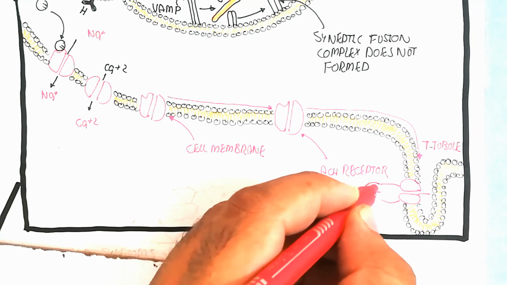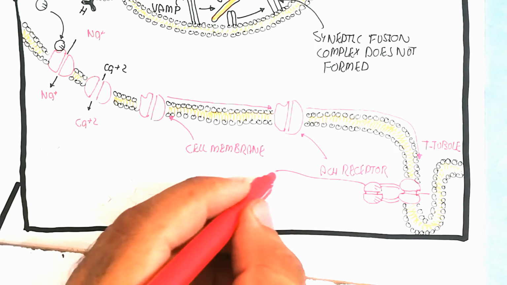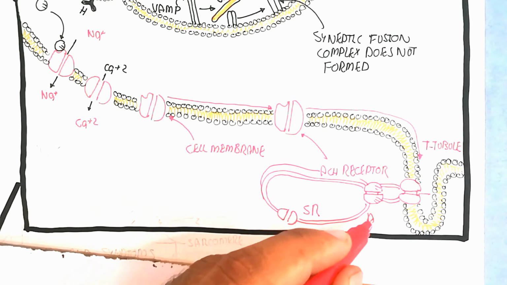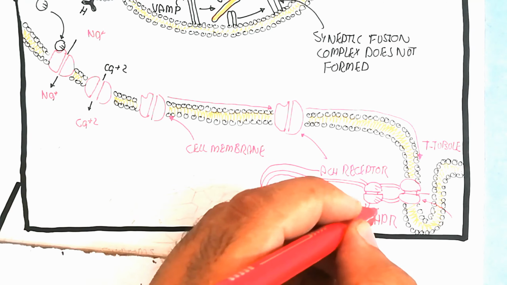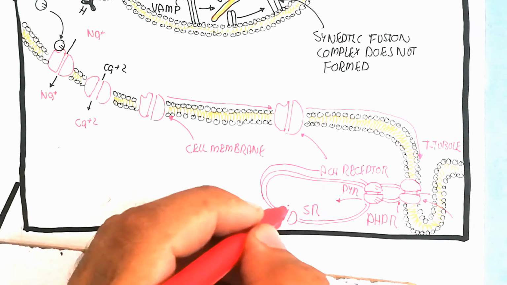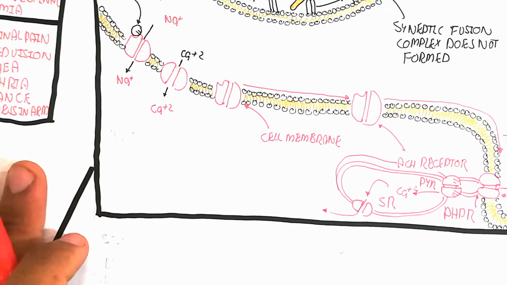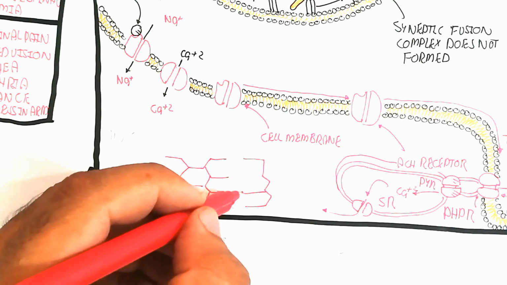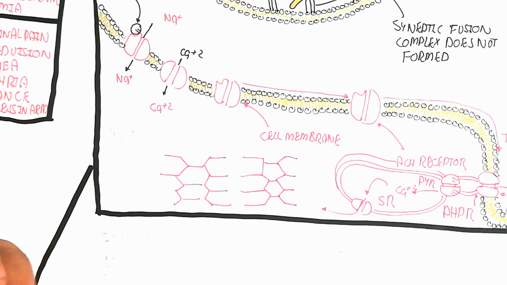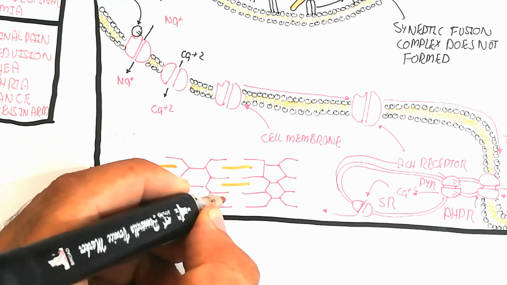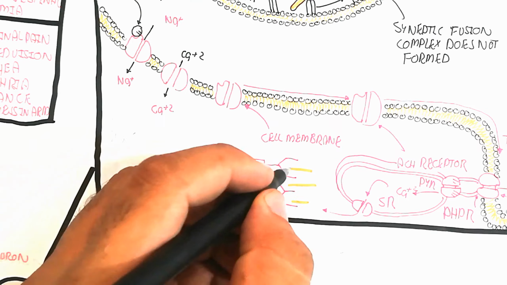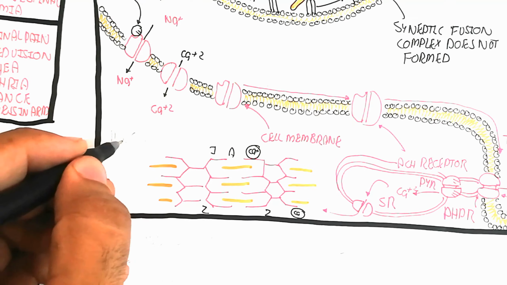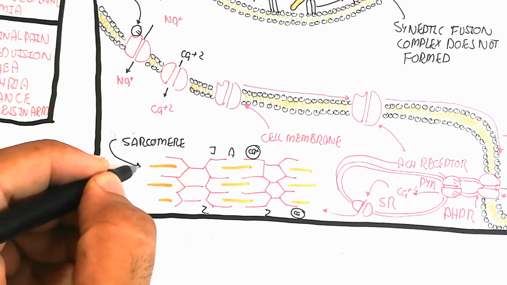So the normal function you can understand here. This is the T tubule. The acetylcholine receptor will bind and change the depolarization, when calcium and sodium move inside, and in this way the T tubule allows calcium to move inside after the depolarization. Here is the DHPR receptor and the RyR, the ryanodine receptor, which are combined, and calcium flows out through this depolarization. After this depolarization, calcium will bind with troponin for the contraction of the